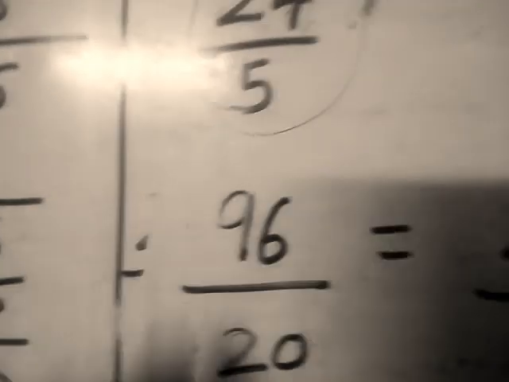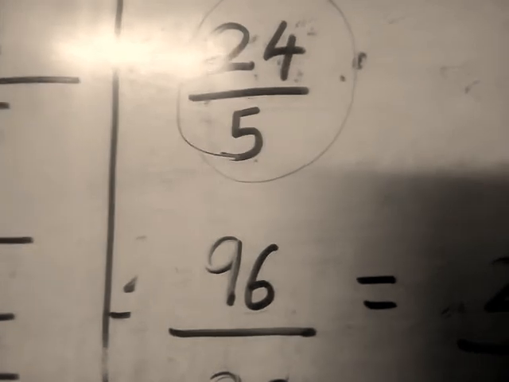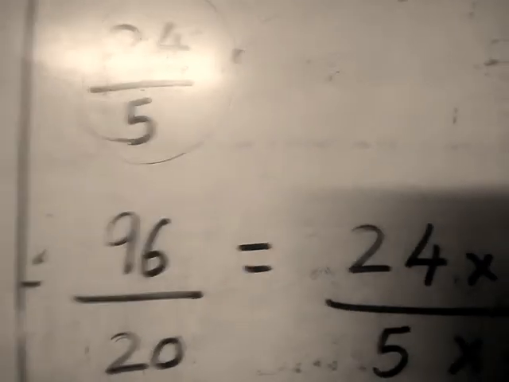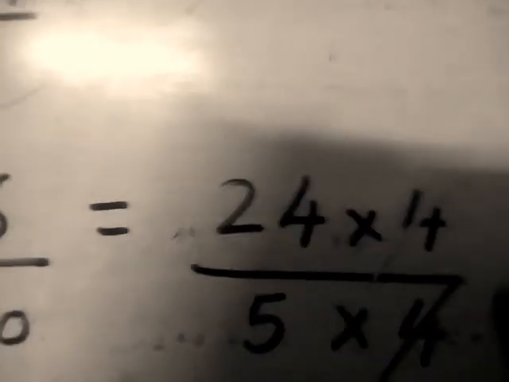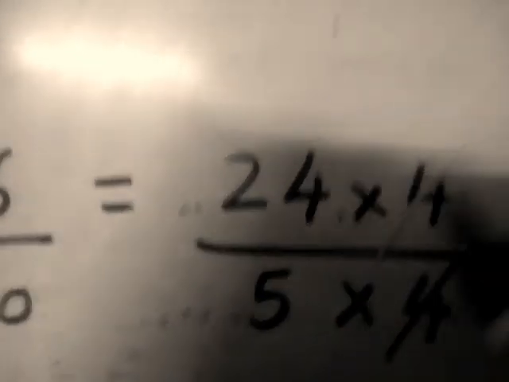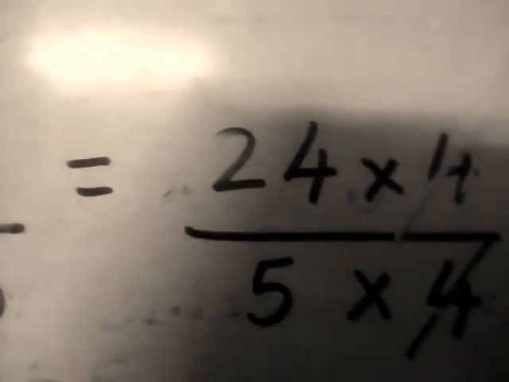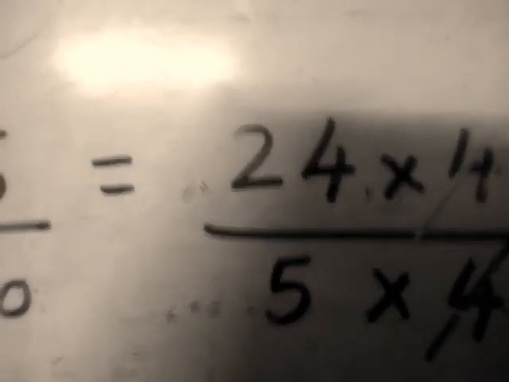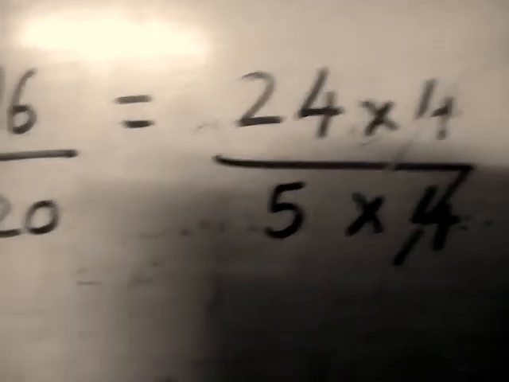Remember this when you are writing these numbers in 3 pairs, so that your answer should be 24 upon 5. When you are writing these numbers in 3 pairs to get 24 upon 5, you have to write the multiplication form with the same number, and you have to choose the answer from the table which you are writing. 24 fours are 96, 5 fours are 20. 4 gets cancelled, so I got one pair of 24 upon 5. So the remaining 2 pairs you have to choose yourself. One I taught you.